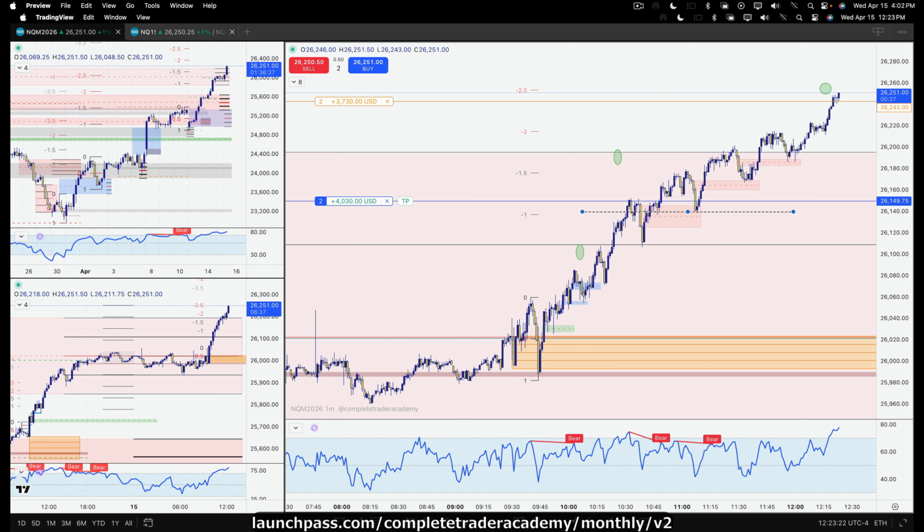Look, I didn't draw a line. I could have drawn a blue line across, but we're tagging that. That's perfect. Why? Because on this leg up, we dip in already. We tag it. It's an entry method. Comes right back in, doesn't go any lower, doesn't want to take out that low or that low. This is where the stop loss would be, generally speaking, if it kept coming lower.